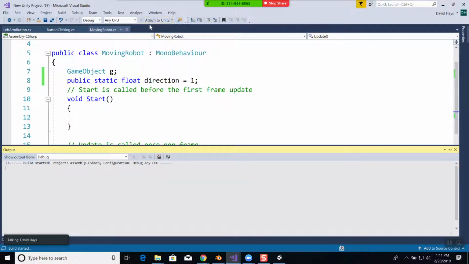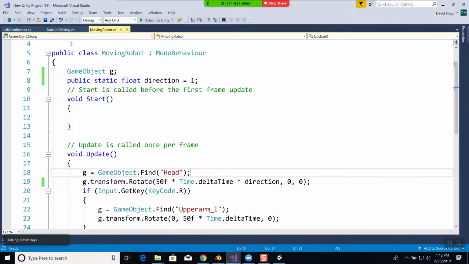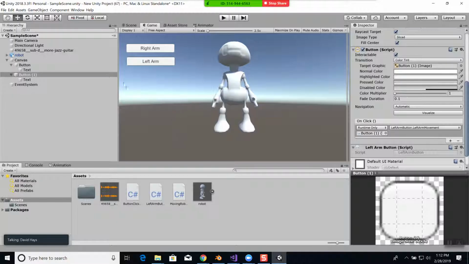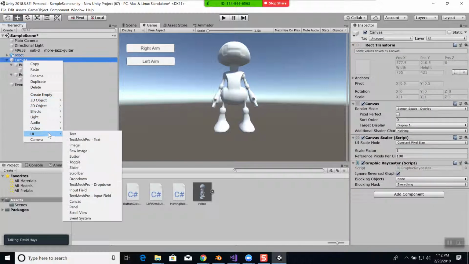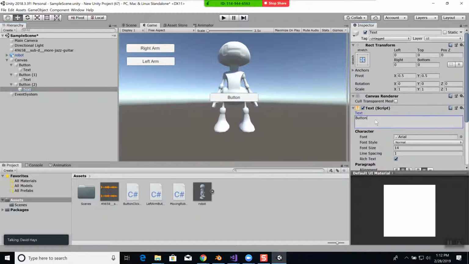Attach that to Unity. When I click a button, I'm going to have a reverse direction. So let me come up with a new button. Right click on that, choose user interface, choose button. And over here, under the text for the new button, I'll have it say reverse or head reverse, or, well,